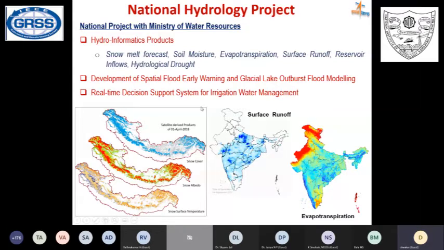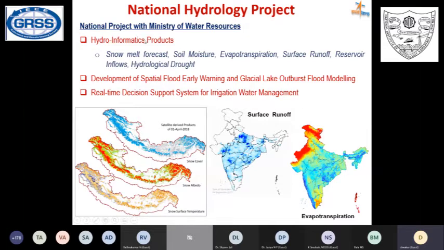Not only that, when we are looking at hydrology, we have a national hydrology project which is being done by the Water Resources Group at NRSC, which basically looks at hydro informatics. It's a new area. In fact, all these applications that I'm talking about, you can look at from the AI perspective in the future. The present applications use varieties of geospatial technologies, but we can easily get the blend of AI into this particular system so that we can look at the snow melt forecast in a much different way. We can make soil moisture predictions or even evapotranspiration,